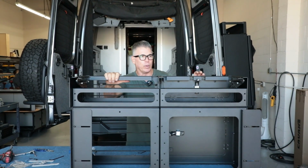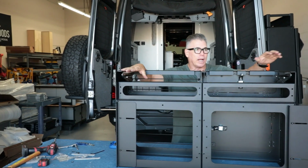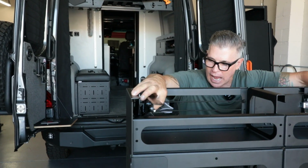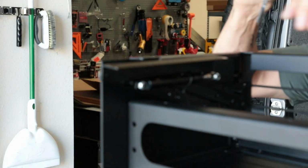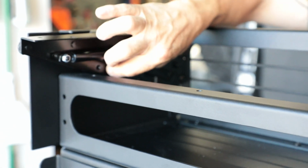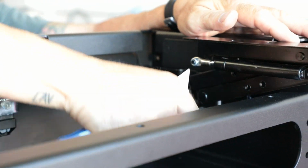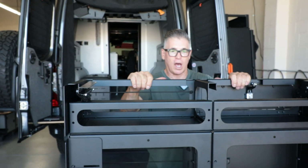The next step we would do is actually put the top on, which I think I'll just do out here instead of in here. It'll make it a lot easier. So I got to cut these tabs. These just come already pre-zip tied to keep the cylinder closed, the gas strut closed during shipping. Pop those off, okay? And then now we can get the top